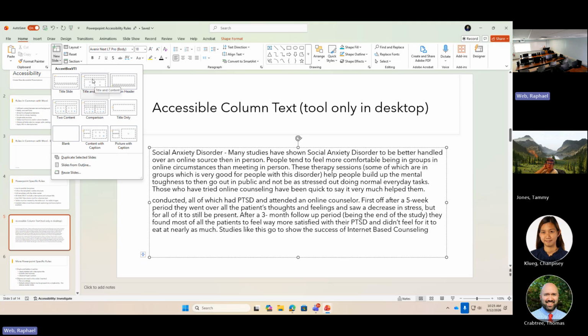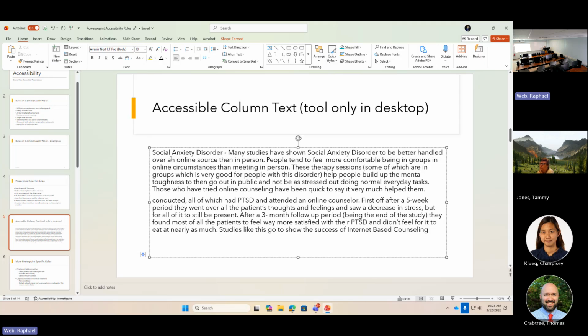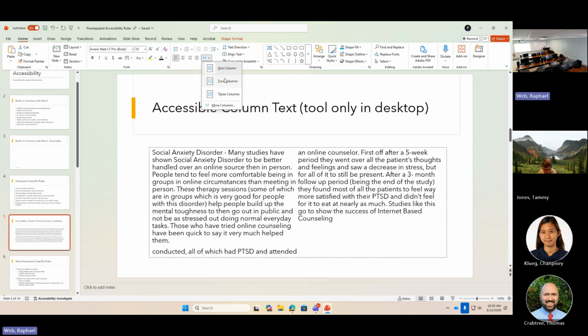That's not a problem. But what I can't do is take this text and put it into that particular text box, and then take this text and copy and paste it into the second text box. That's no good. What I have to do is use the column tool. The column tool is ridiculously simple. I simply select the box, I go up to the column tool, and I say, okay, I'm going to put it in